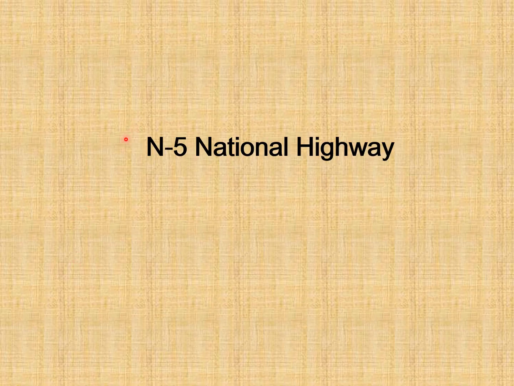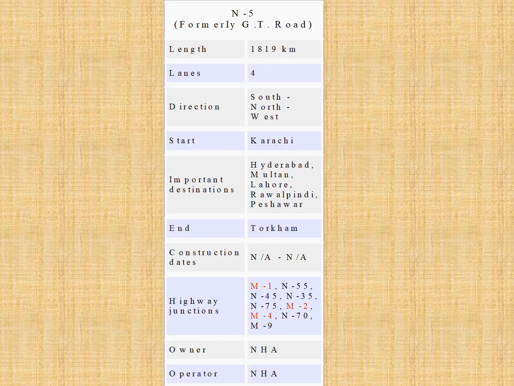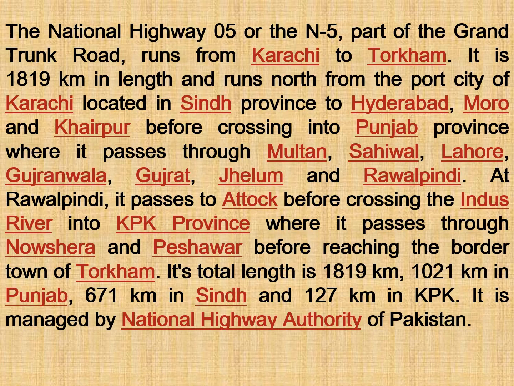Okay, now look at N5, which is a very important national highway. So you can see the specifications are given for N5. This N5 is formerly known as the GT road. The National Highway 05 or N5, part of Grand Trunk Road, runs from Karachi to Torkham. It is 1819 km in length and runs north from the port city of Karachi, located in Sindh province, to